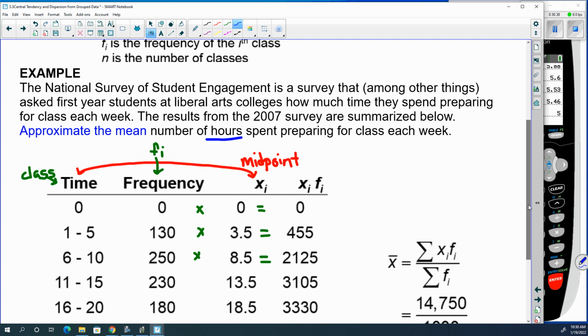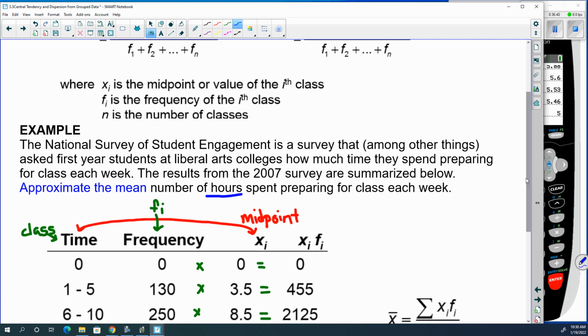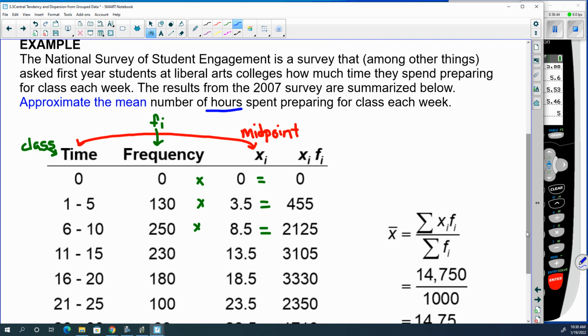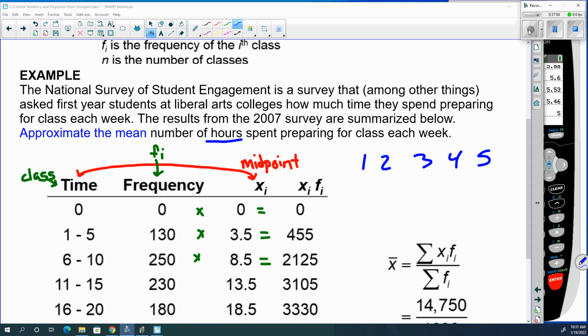So it says the x sub i in the formula is the midpoint. So the midpoint would be the middle number between 1 and 5. So if I had 1, 2, 3, 4, 5, let's see here. How come it's 3.5 instead of 4? I'm not sure why they said the midpoint was 3.5, but anyways,